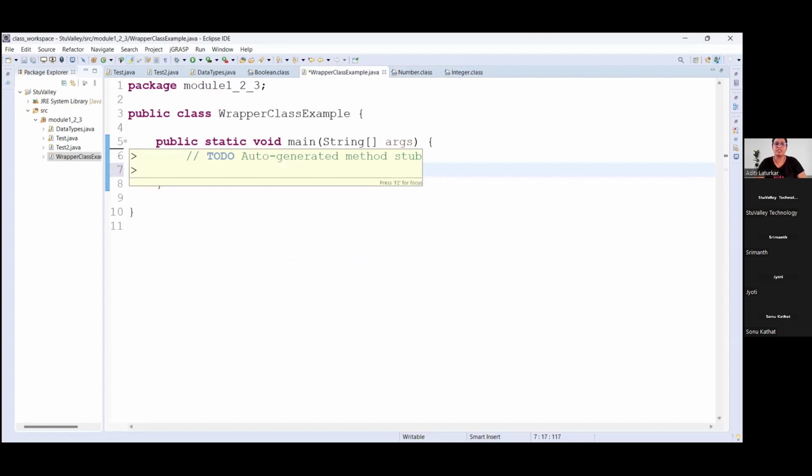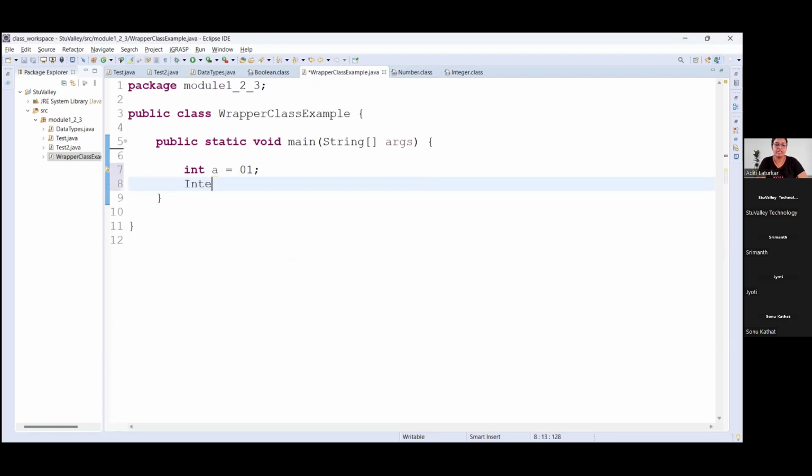Integer a is equals to, value I am storing as 0, 1. ठीक है, ये value मैंने store किया. Okay, so internally it is using the integer I is equals to a dot,